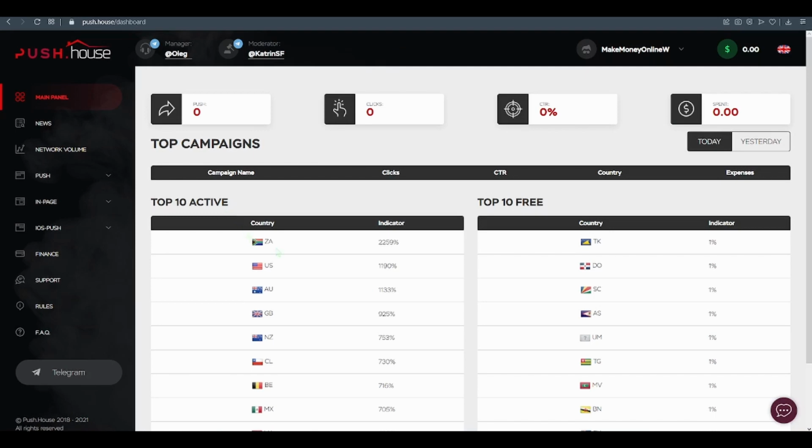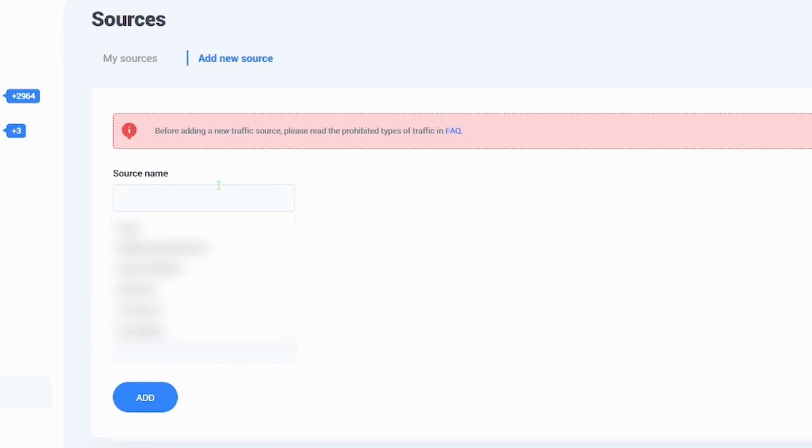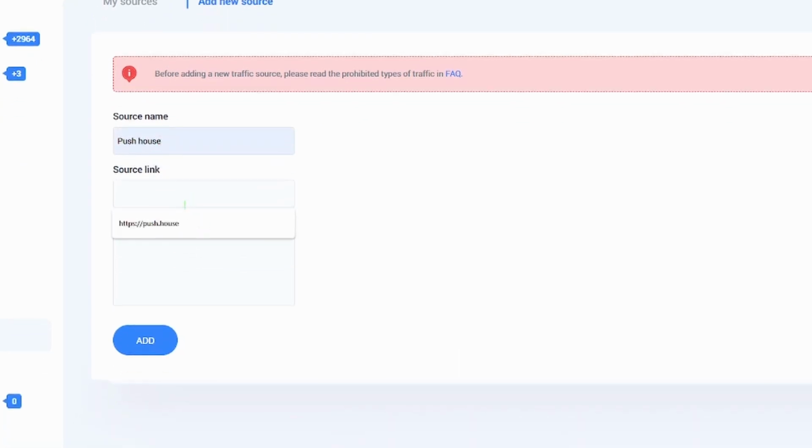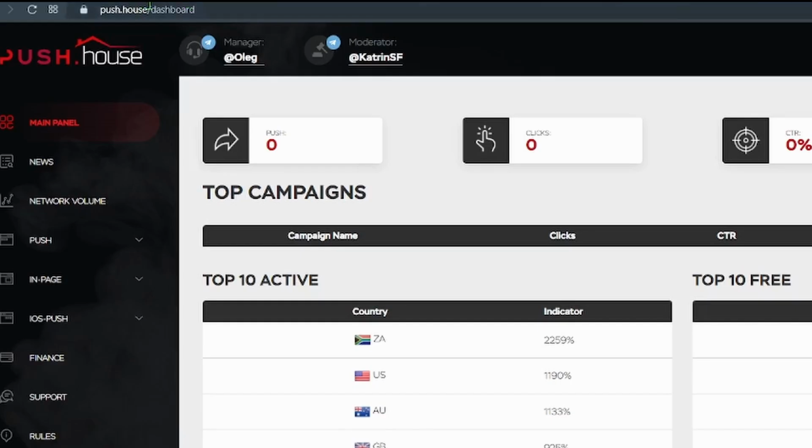Now go to sources, source name, just type it here, push house. Source link, just copy paste this push house link